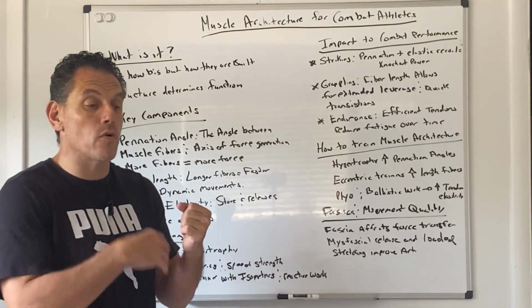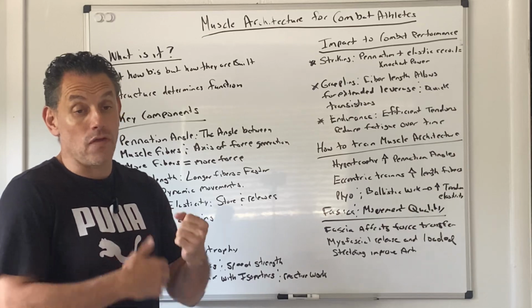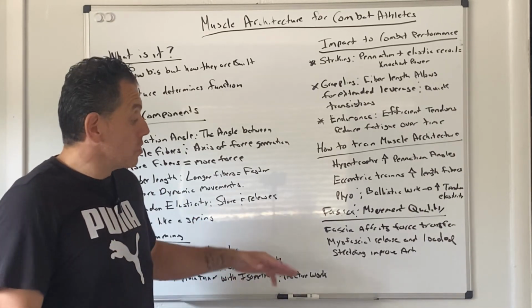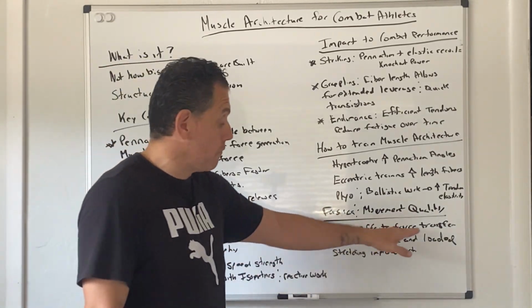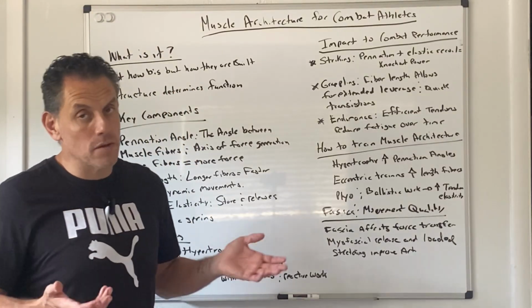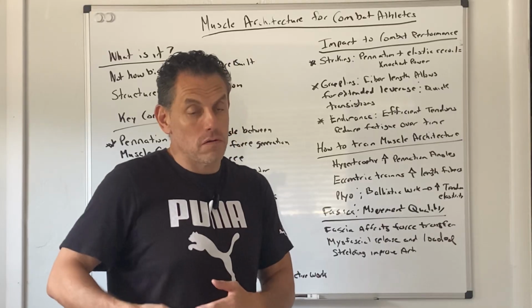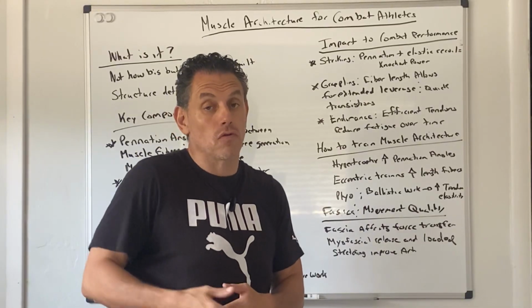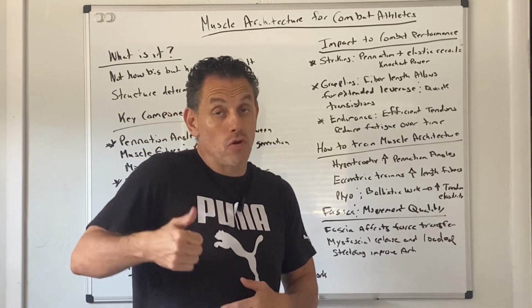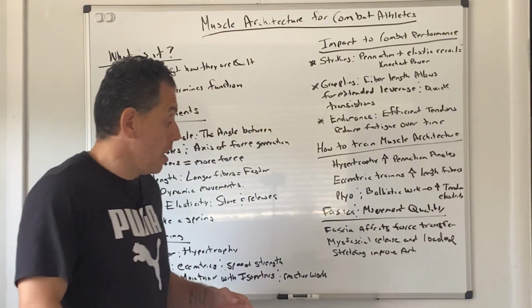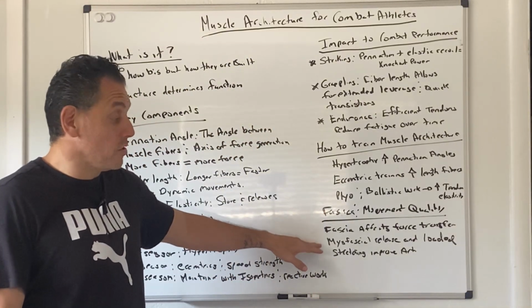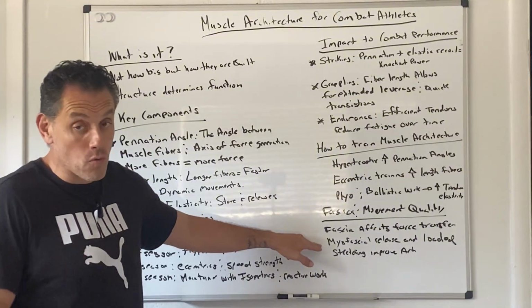Within each muscle fiber, there's fascia wrapped around it, and there are layers of fascia. So the fascia actually affects the force transfer, which again is important because the higher force output you have, the more you can dominate a fight, or the more you can dominate a match, the more you can dominate the situation. So understanding that, you've got to do myofascial release, things like foam rolling,